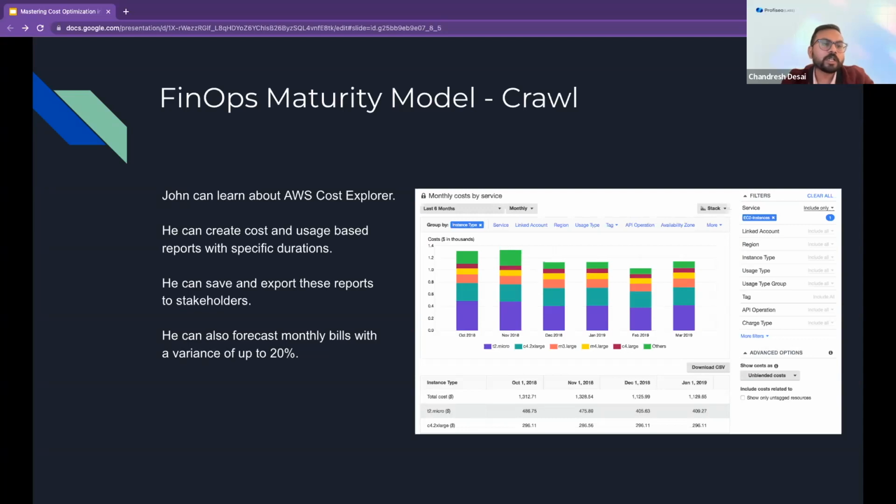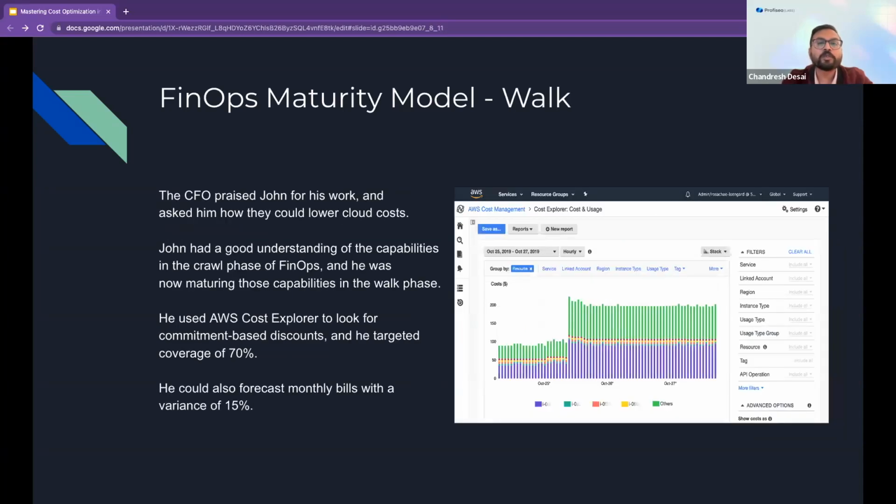So let's go to the next maturity model. What can John do in this model? Now John is moving to the next cycle, walk. The CFO is happy with John's job, since he has started the FinOps culture and cloud financial management process in the company. Now the CFO asks John, we have cloud cost optimization and resource allocation already done, so how can we lower the cost in this maturity model?